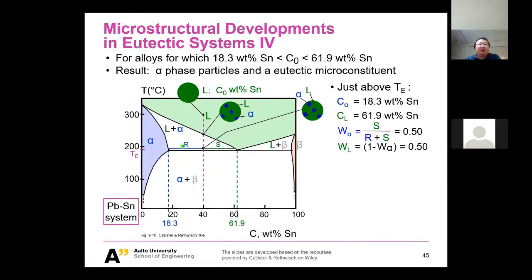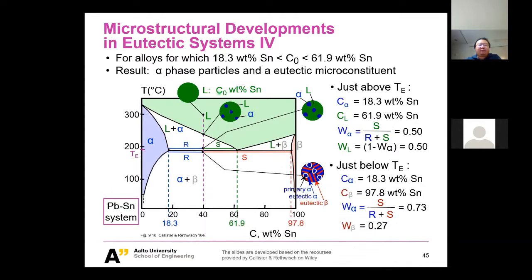It's a mixture. And when you enter this region here, the alpha plus beta phase,